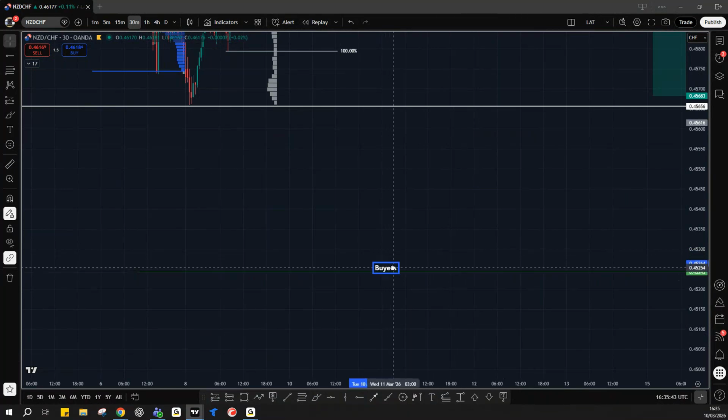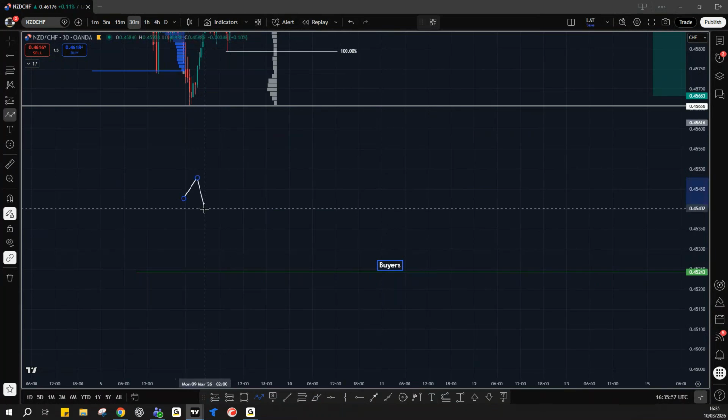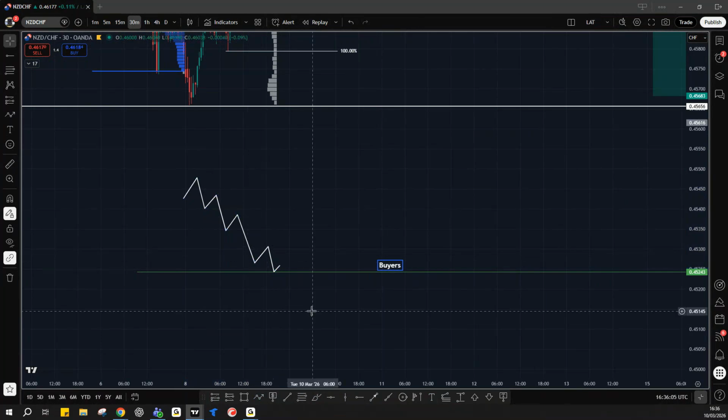Quite simply, if that price comes to this level, previously buyers have been here, and my expectation is that buyers are going to drive this market higher again. But I don't know that for sure. Again, we're not necessarily trying to predict what is going to happen here. We are trying to build up a trade idea that has a potential outcome, and the probability of this outcome is increased once we see the sequence of events that would need to happen.